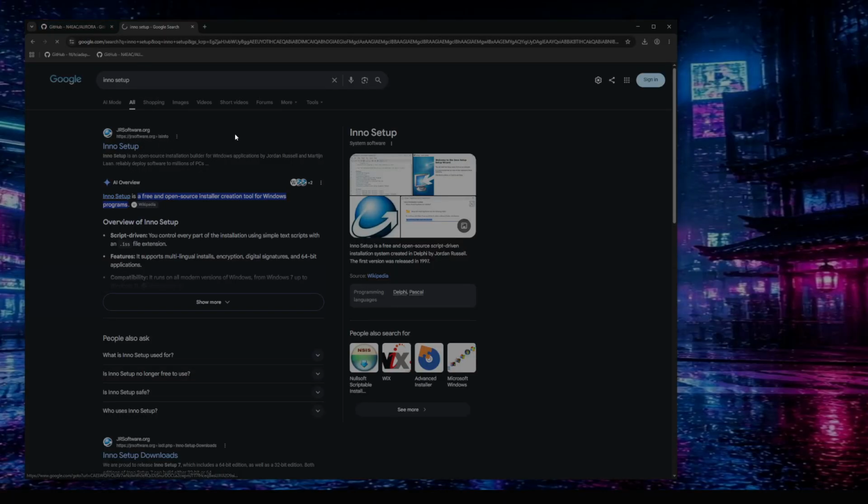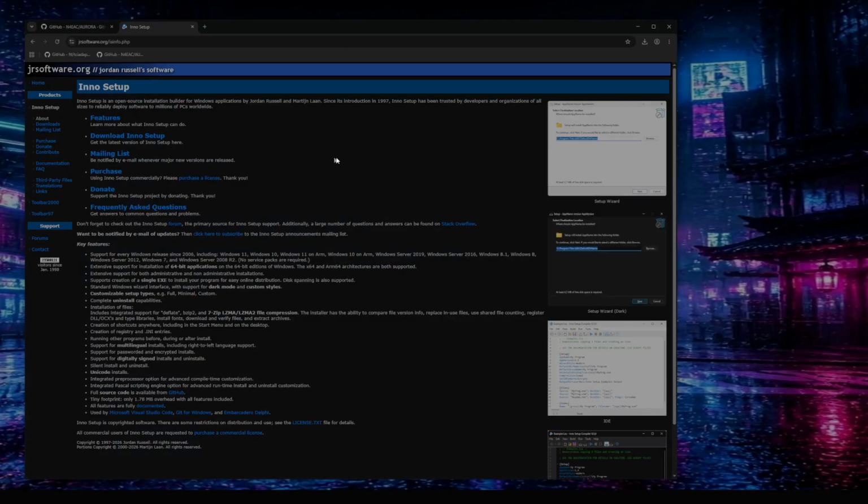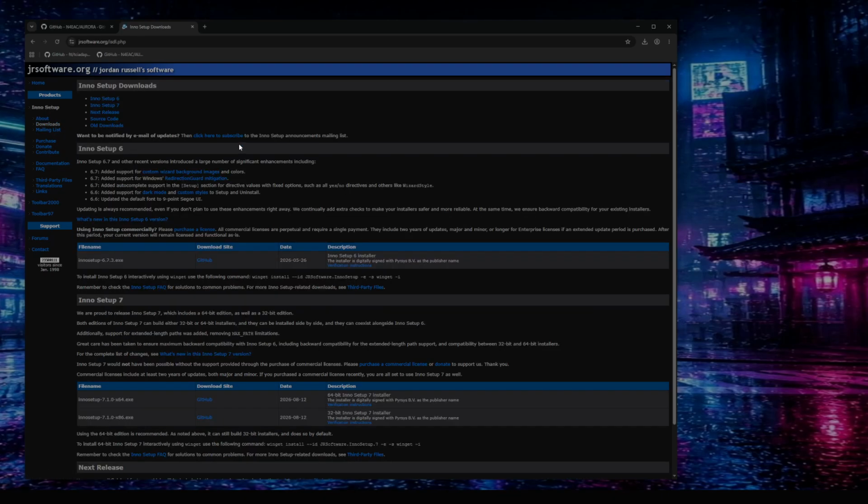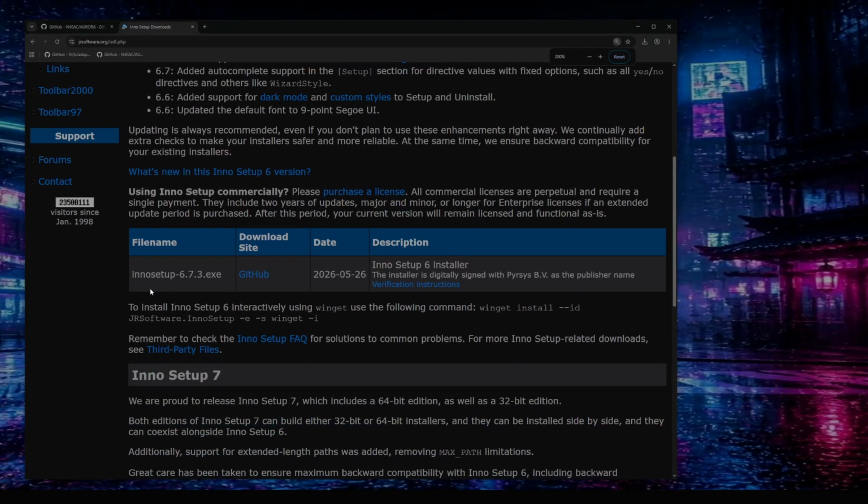Inno Setup is a piece of software that's usually used by developers that create a program that later they want to create an installer for Windows. Now nowadays a lot of people use it, not necessarily developers, and the version that I have running in my computer is this one here, version 6.7.3.